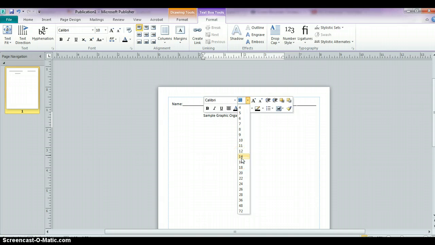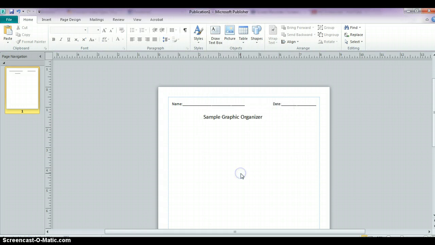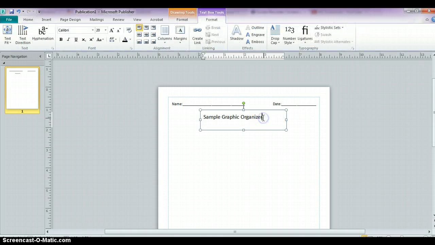And the other nice thing I like about Publisher and Word in this new version is before you even select anything, it will give you an idea of what it's going to look like just by hovering on the different font sizes. So I'm going to maybe put this at 20 or 22. Now you can see this isn't exactly centered, so I'm going to click inside here and I'm going to click on my center alignment button,